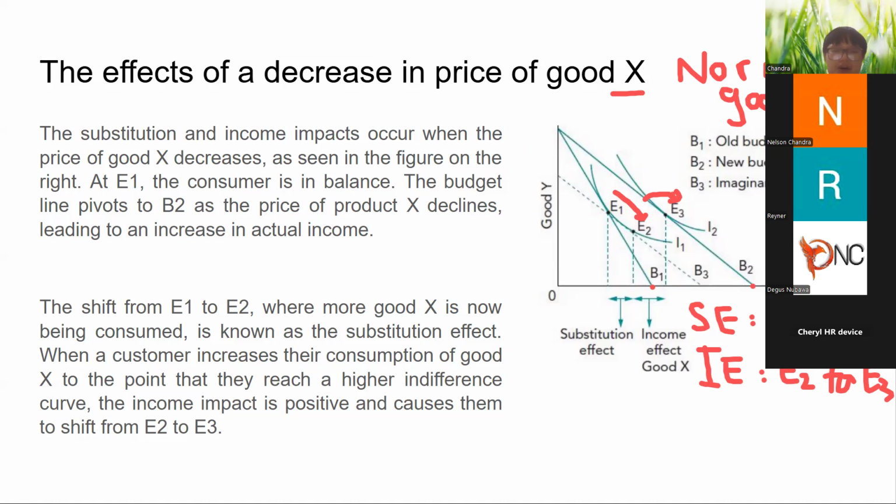behave such that when there is an increase in your income, you are going to purchase more of those goods. In this situation, we have an increase in income and we are purchasing more of good X. You can see more of good X is being purchased here at this point. It's more compared to originally here. So since more of good X is consumed, good X is considered to be a normal good. You will only understand once you see the inferior good diagram, then you will see the differences between normal and inferior goods.